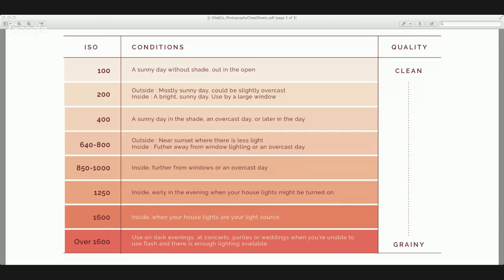So the quality kind of starts to decrease. So this is one thing to keep in mind. But honestly, until 640, 800, you will not be able to see this graininess in your photos. So it's okay to go up till 800, I guess. I've gone up till 800 to 1000 on really bad days in Seattle, and it's not really caused any harm to my photos. So yes, that should work.